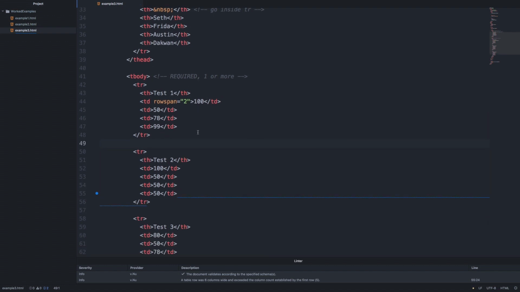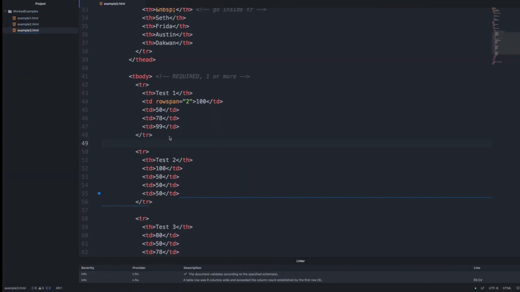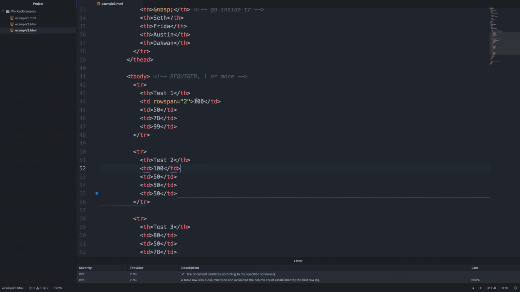Now, if we were to just do that, we could save it, we could go ahead and then refresh this. It's going to look a little weird. It did, in fact, take that cell and make it span 2 rows, but what happened here? All of a sudden, this got scooted out. Well, the problem was we forgot to remove the other cell. And this is where this gets kind of weird. A change up here suddenly affects this row down here. It's now going to have a cell hanging down from the row above it,